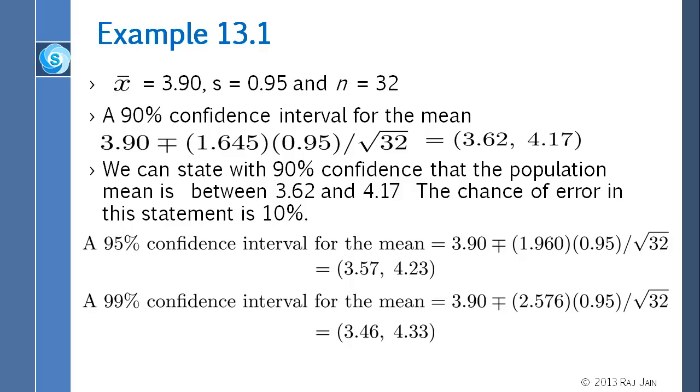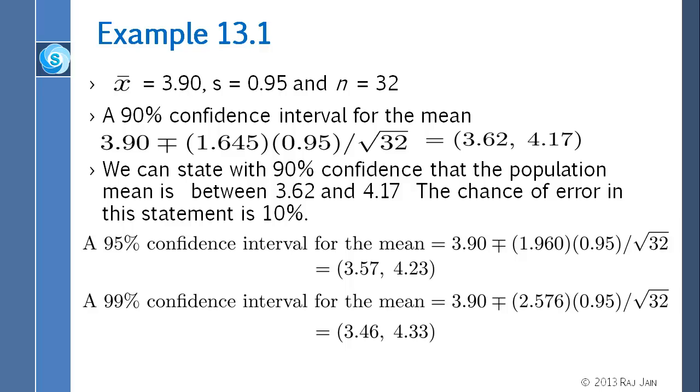Right, 1.645. Those of us who do this all the time remember this number 1.645 because it is such a common thing. However, in the real world, you will not always be doing 90%. You might be doing some other confidence interval, and so you will have to get a table and things like that. Anyway, with that